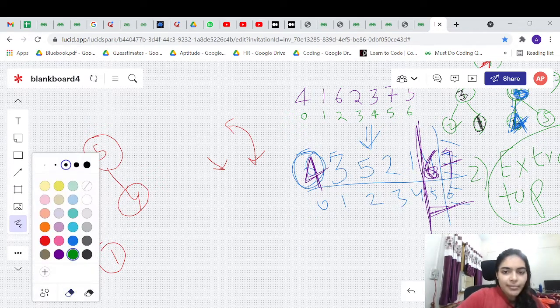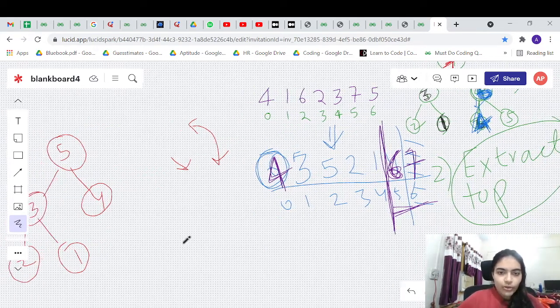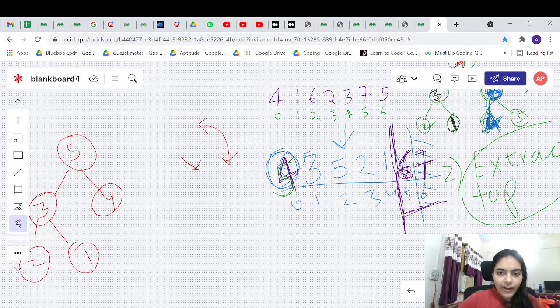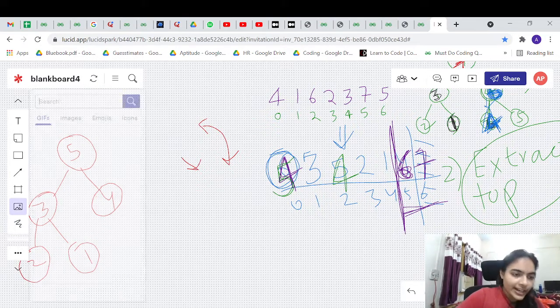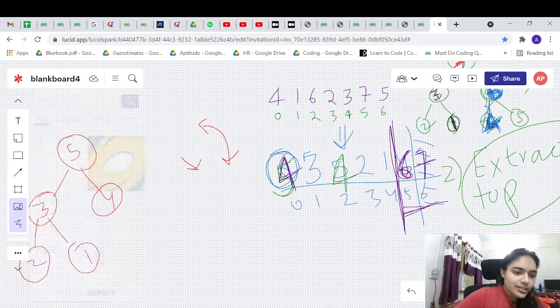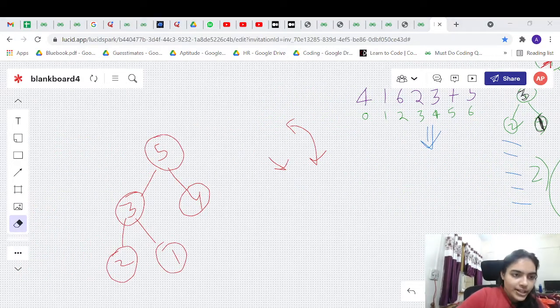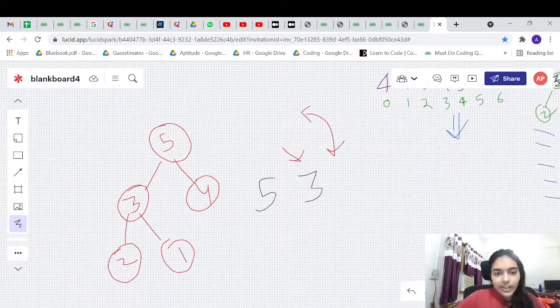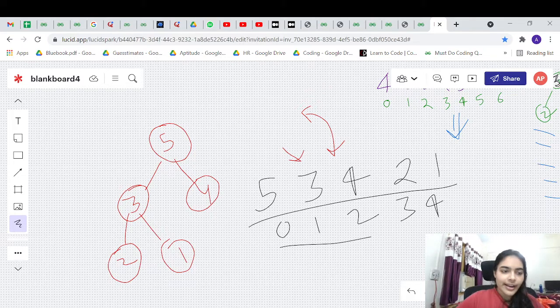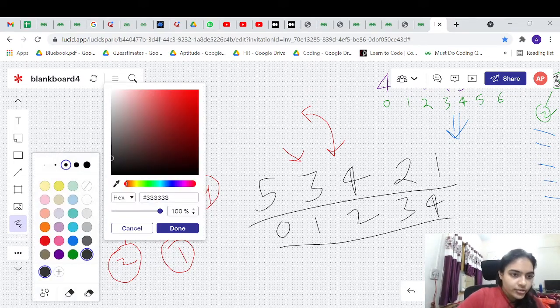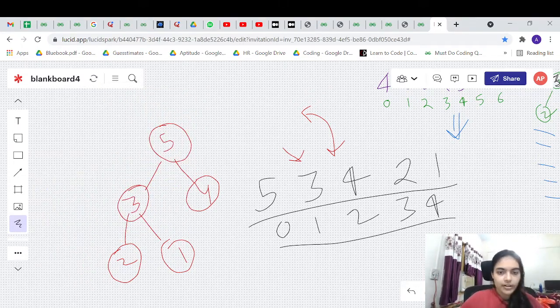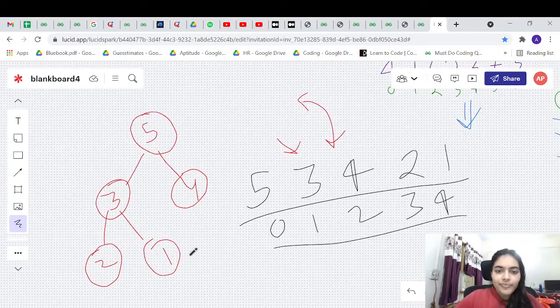So what has the array become? Array, when you apply the swapping, what will happen? You swapped 5 and 4. So 5 came here. Okay, let me write the array also again so that it is not confusing. So what is the array? Let us just look here. Array is 5, 3, 4, 2, 1. Right? This is the array. Okay. So let me just take a bigger one. Okay. Now what we are going to do?